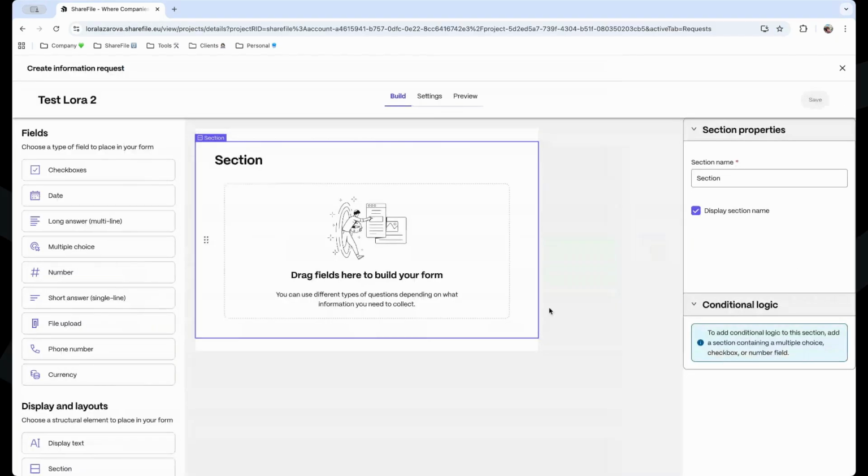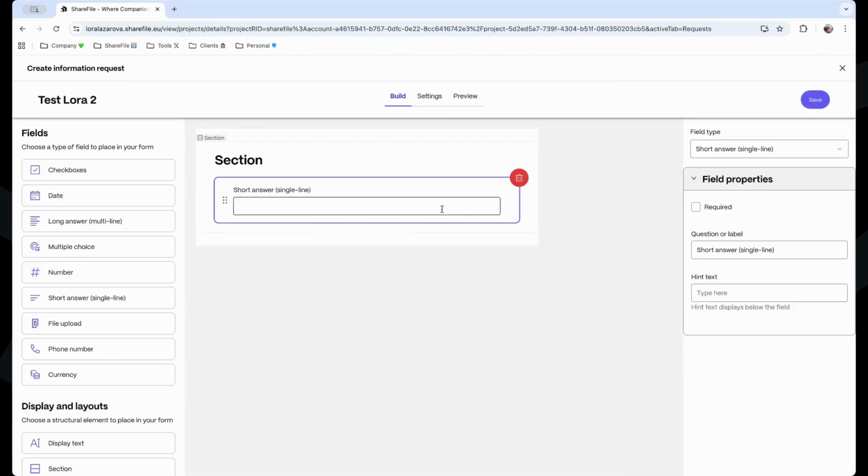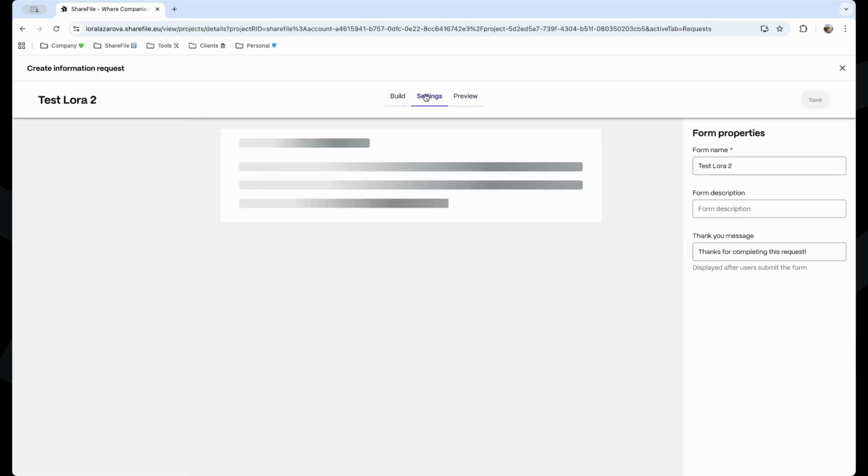You create it, and as you can see, this is like a form, as we mentioned, and those are the fields that you can use, and of course you can customize. Let's say I want Peter to give me a little bit of personal information. This is a Quant onboarding, right? I can choose here a short answer. I can customize it a little bit. Let's say this will be a required field, and I want this to be his first and last name. In here I can save it, and then you can move to settings